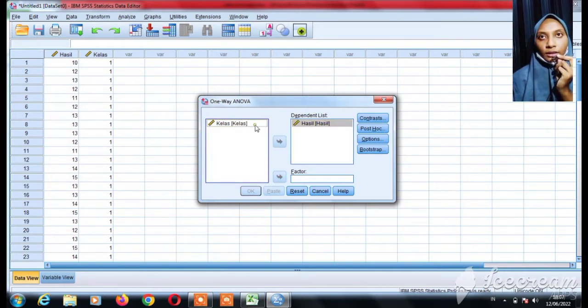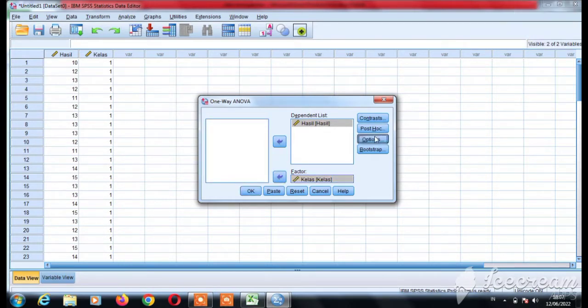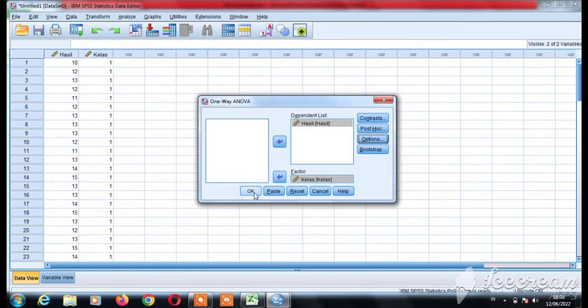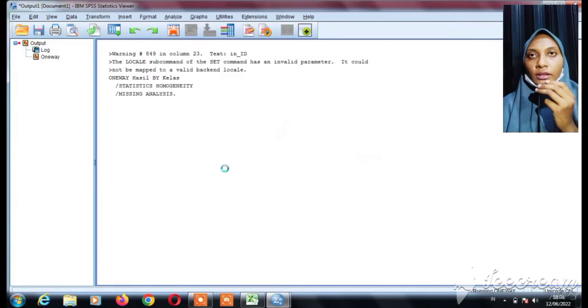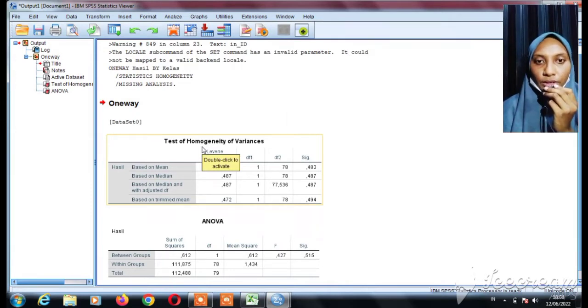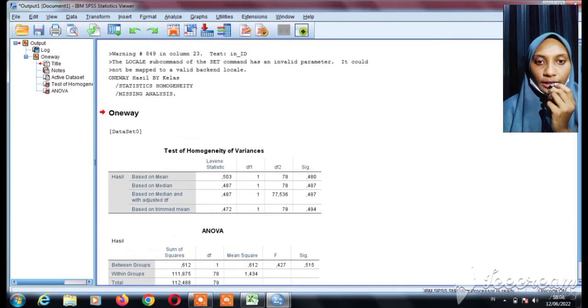Then select Continue. Then click OK. Then it will display the result as shown. So we can conclude that the significance value from the homogeneity test is 0.480, which means the data is homogeneous.